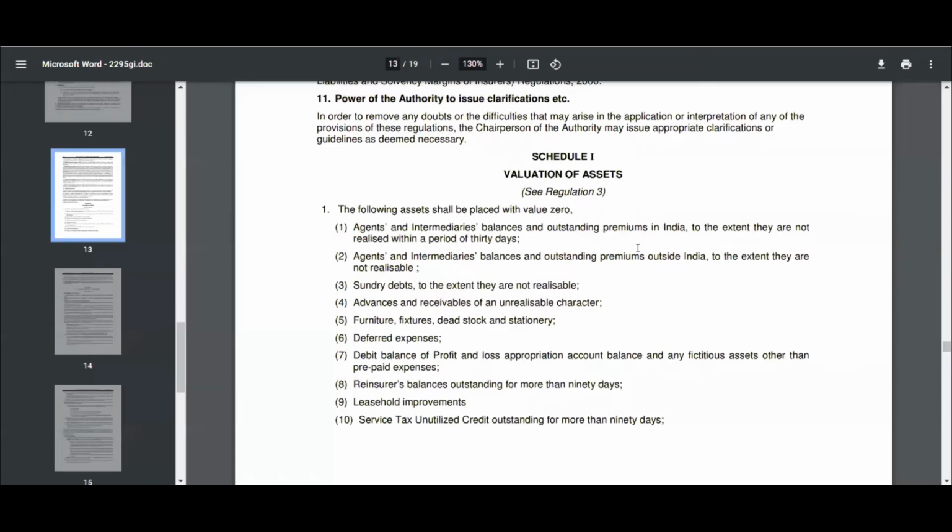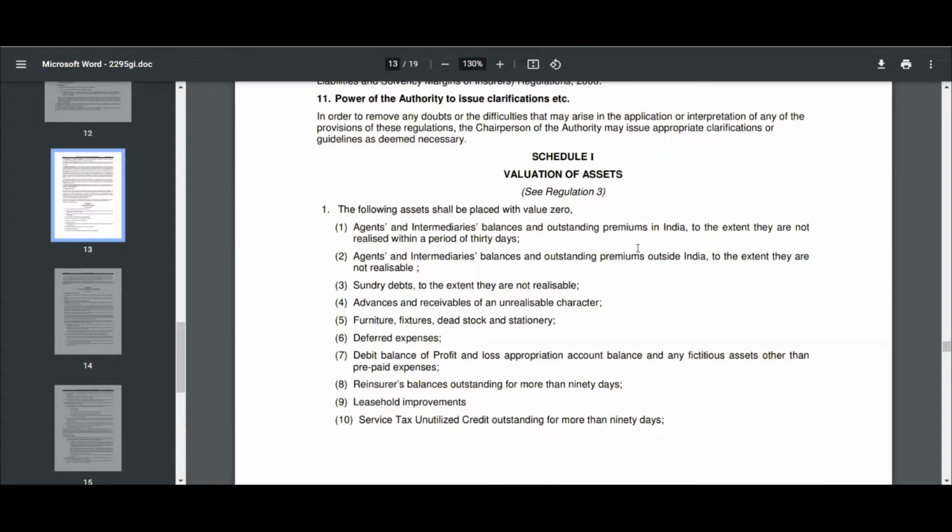Hello everyone. Today we're going to study the asset liability solvency regulation, which I believe is the most important regulation in the entire IRDA, or the entire life actuarial area. All of the other regulations, guidance notes or chapters that I have covered till now would be kind of summing up to this regulation.